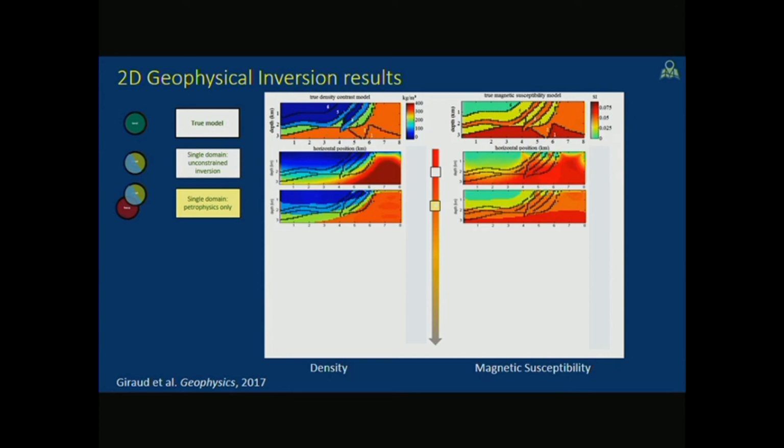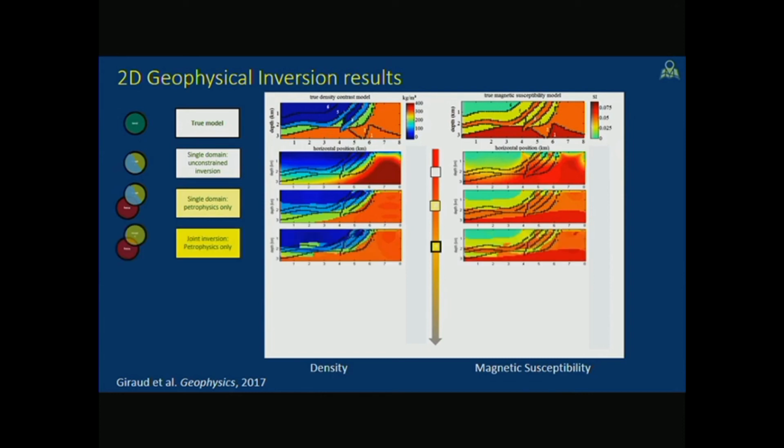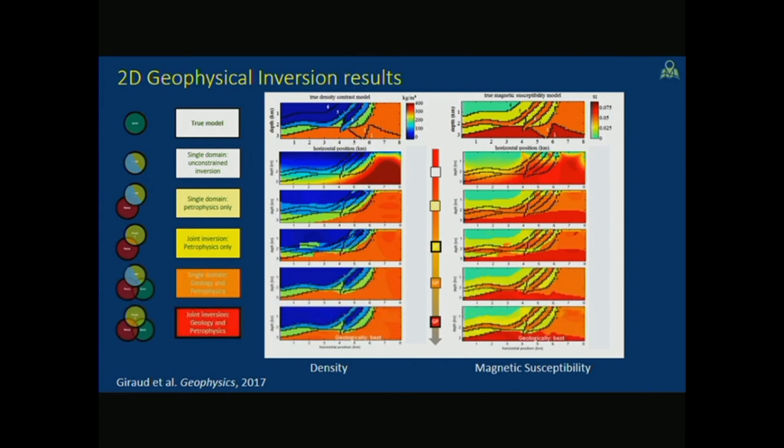First of all, adding petrophysical information, but not just point petrophysics, but petrophysics with a probability density function, and then adding the uncertainty from the geological data, because we don't have a single model, we have multiple geological models, and then combining them finally to get to a geophysical inversion, a joint geophysical inversion of, I'll get it right, magnetics and density, combining the petrophysical uncertainty from the petrophysical PDFs with the geological uncertainty